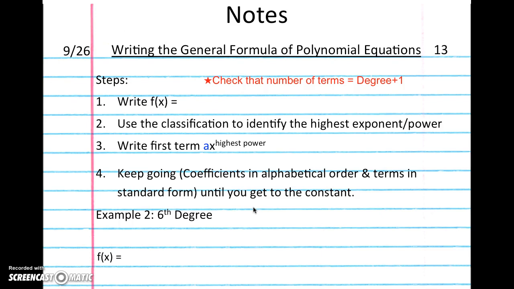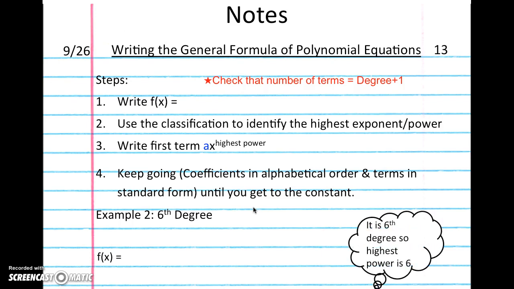So first thing, write f of x. Next thing, I want to write that first term. It's always going to start with a, and it's going to be ax to the highest power. So it's a 6th degree, so the highest power is 6. So I'm going to have ax to the 6th power. Then my next term is going to be bx to the 5th, because again, coefficients go in alphabetical order. And then cx to the 4th,